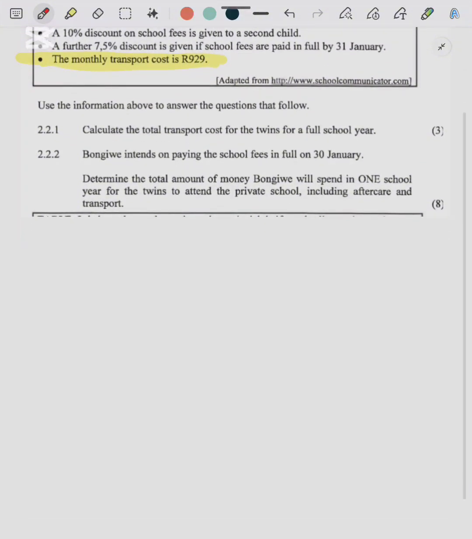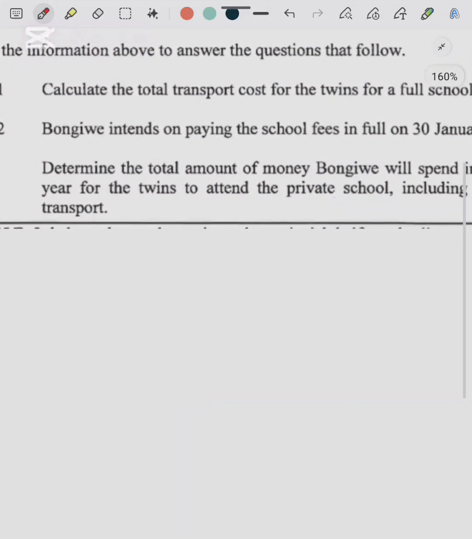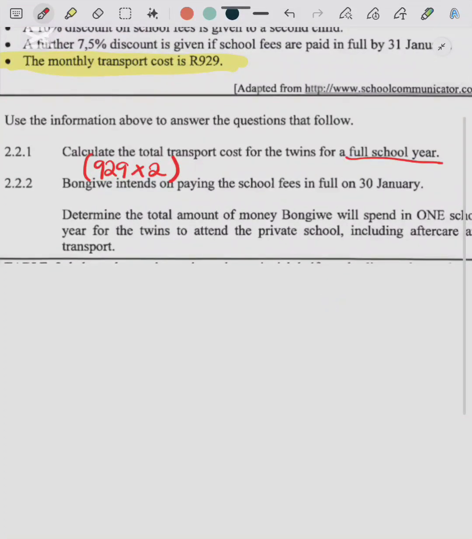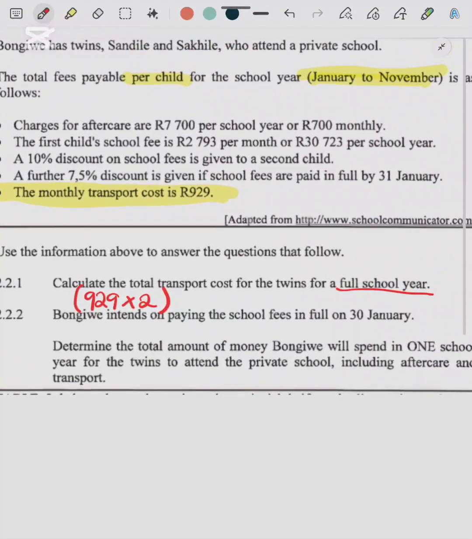We know she's got 2, so I'm just going to say here, 929 times 2 because it's twins, and they want it for the full school year, not for just the month, and also not for the year itself. So we're not going to times it by 12, we're going to times it by 11 because they tell us the school year is January to November, so just timesing that by 11 months as well. And if you multiply those all together, you're going to get to the total transport costs of